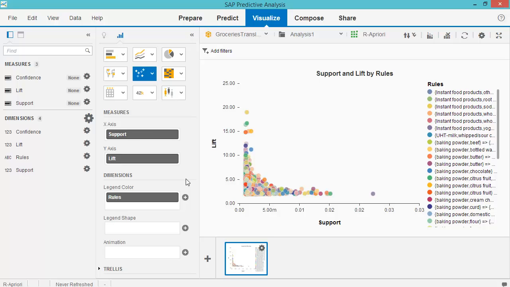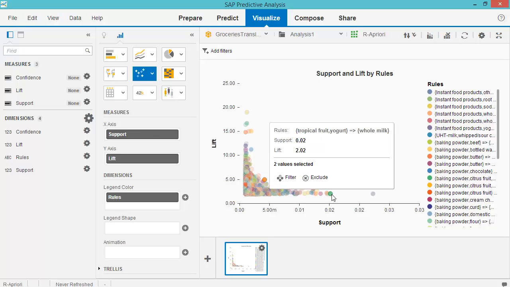And now here we see a much more either-or relationship. There really are few rules, only a very small percentage of rules, which have somewhat of both in relative terms, some support and some lift. Whereas if you do have high support, if you're present in very many market baskets, you don't have relatively that much lift.